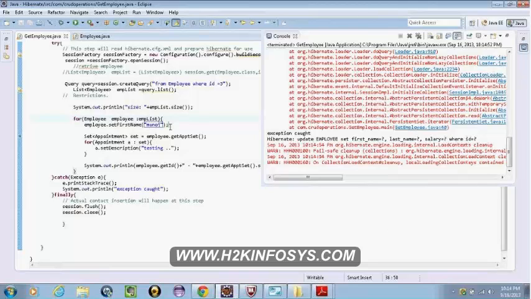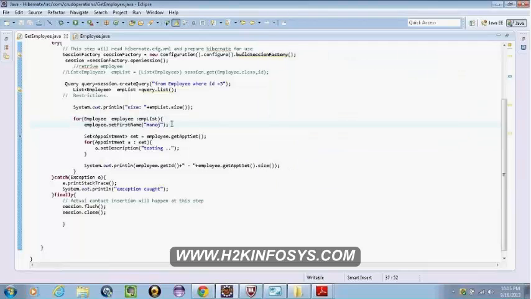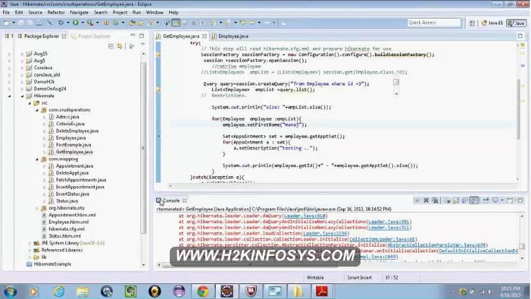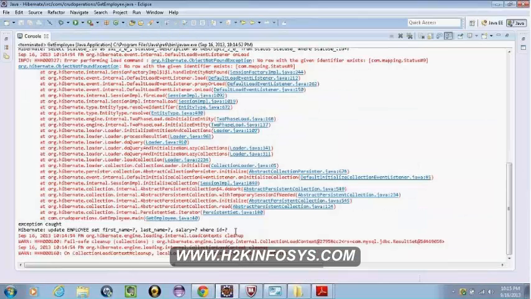So here it is. Let's close. Okay. First, it is executing all this data, and an appointment is associated with a specific status.